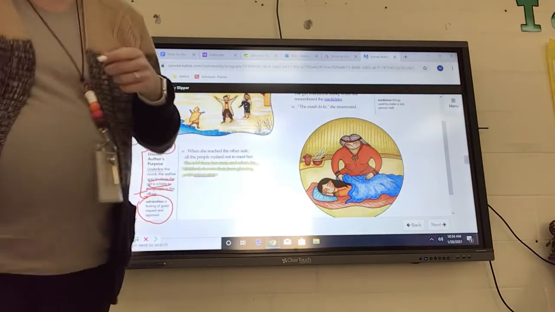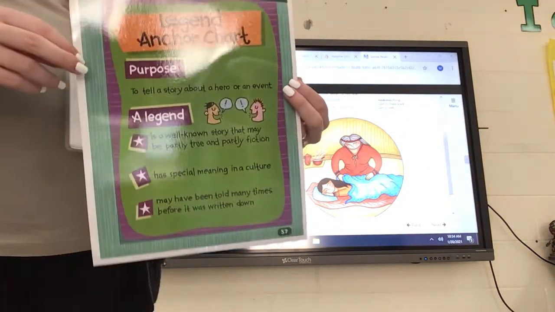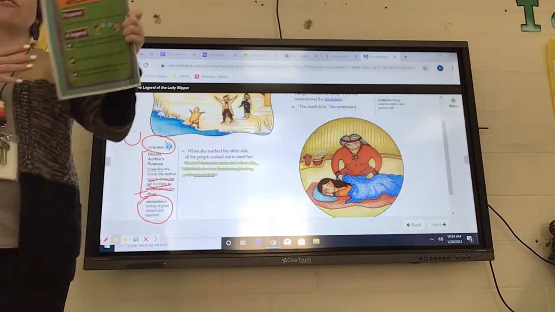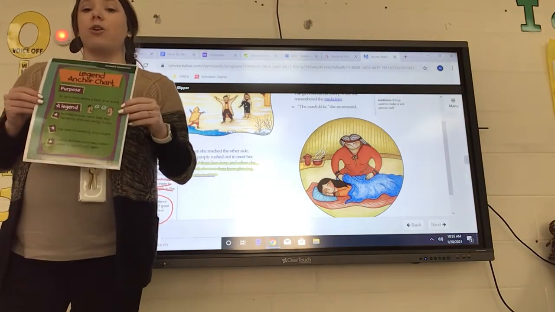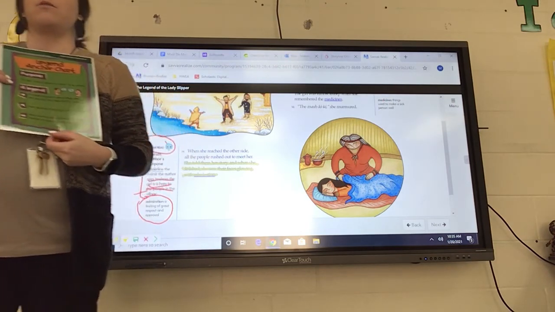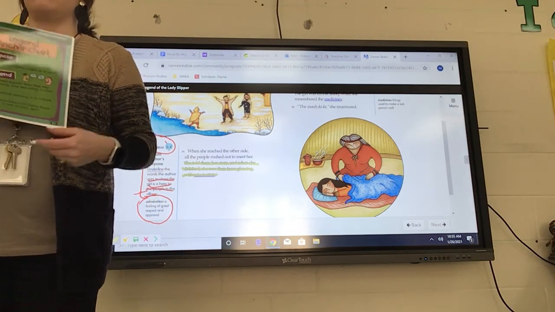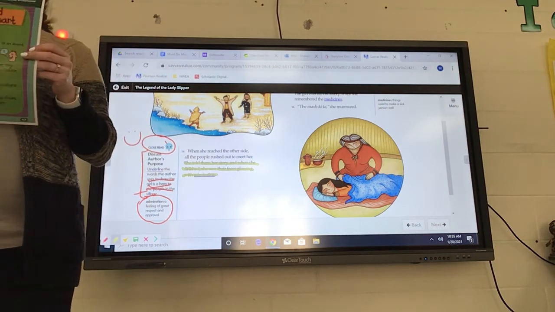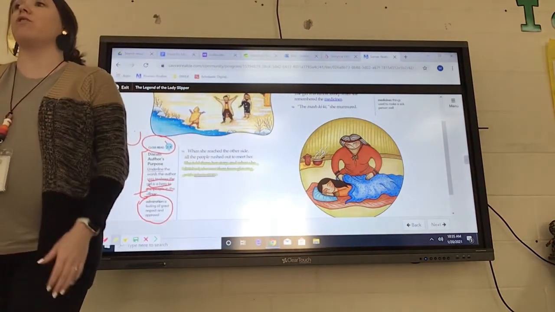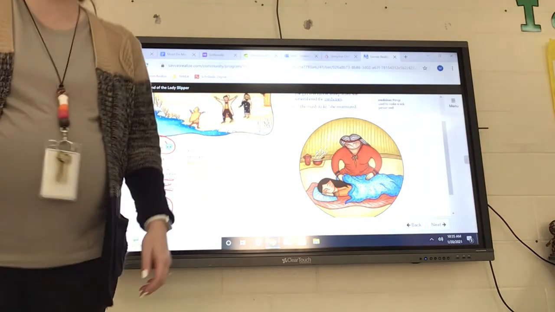It's a legend. Okay, remember, it's a legend, which is the purpose of a legend is to tell a story about a hero or an event. So the little girl was the hero because what did she do in the story? What did she do in the story? Yes, sir. Why was she a hero in the story? Remember? She saved her village. She saved her village from dying. Yeah, the sickness, right? All right, great job. Okay, you guys can